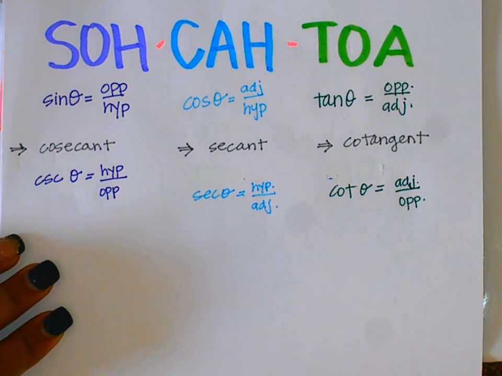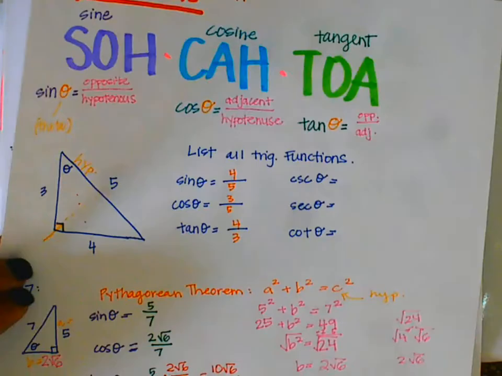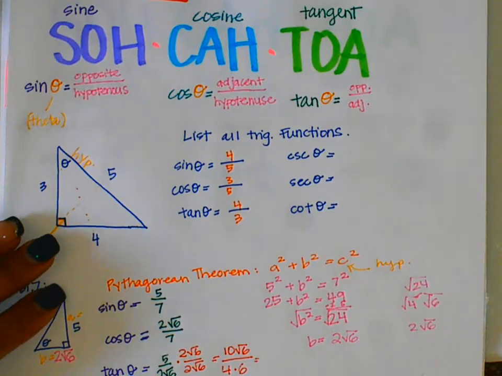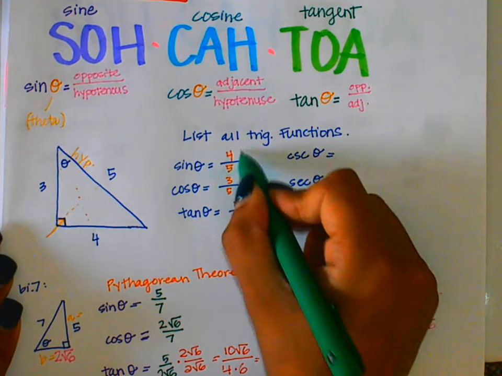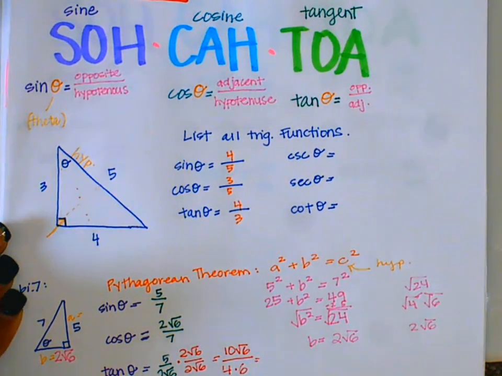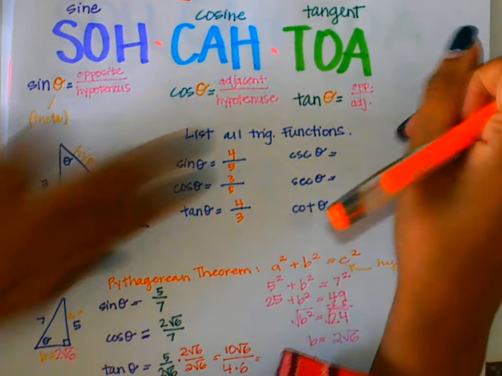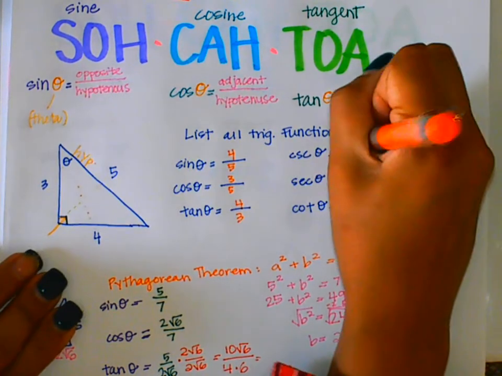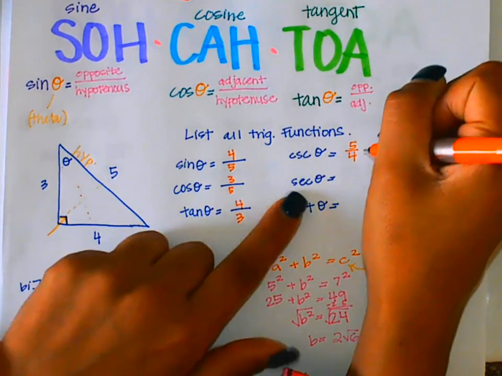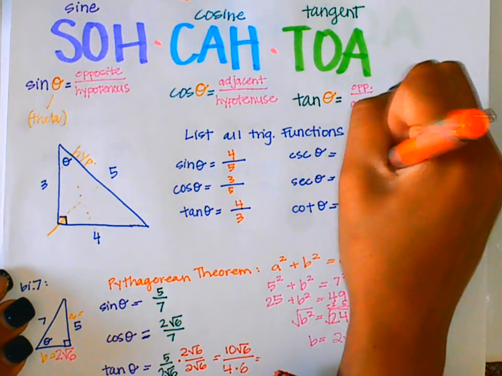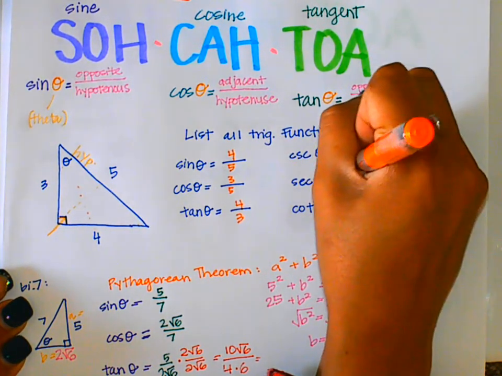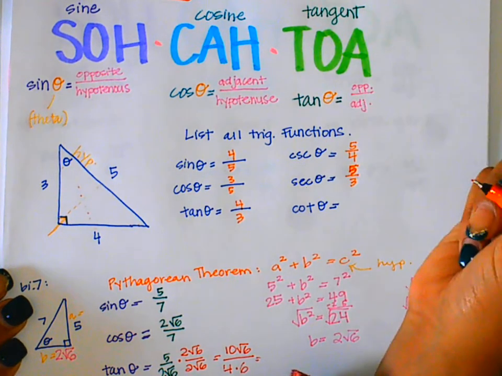So let's go ahead and do that for the ones we did at the beginning. So we want to find cosecant. So that goes with our sine. So all I'm going to do is take that 4 over 5, I do the reciprocal, 5 over 4. For secant, I take 3 over 5, do the reciprocal. Oh, sorry. 5 over 3, and then